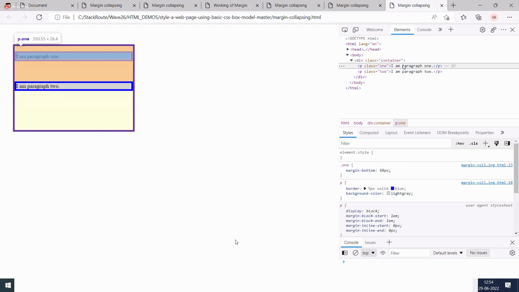So I'll select this. This is my complete margin of my first paragraph. Since it is taking margin bottom as 60 pixels, it is taking totally 60. From that 60, where I want to place my second paragraph, you can decide with your margin top. So please look into this orange color